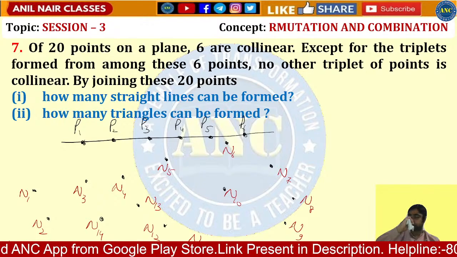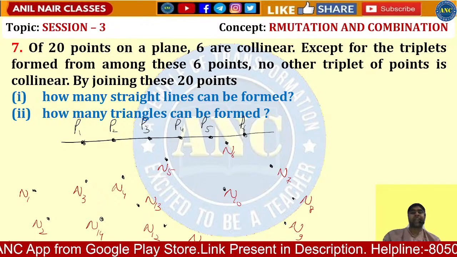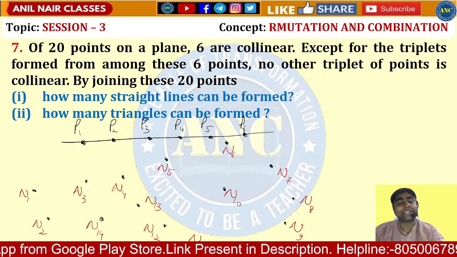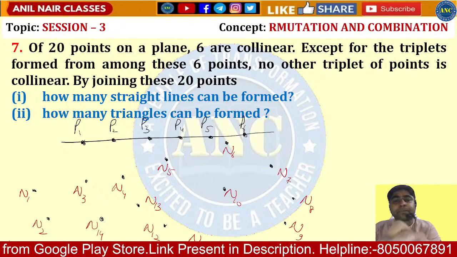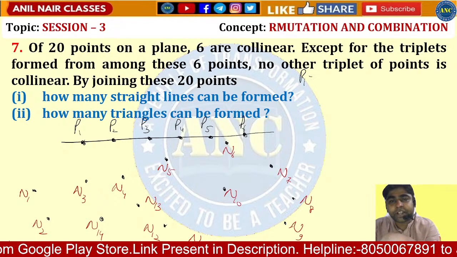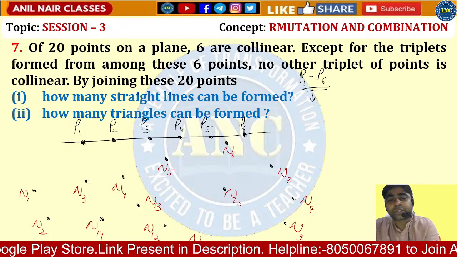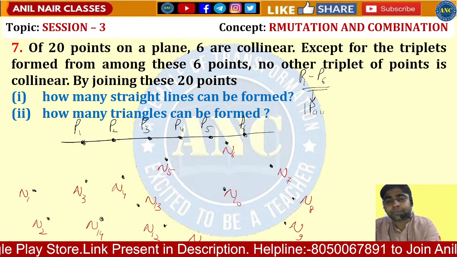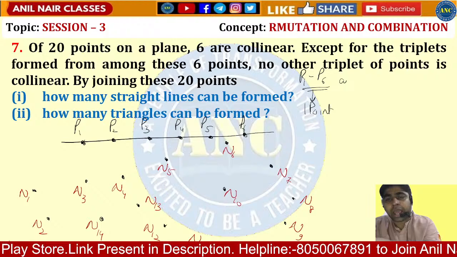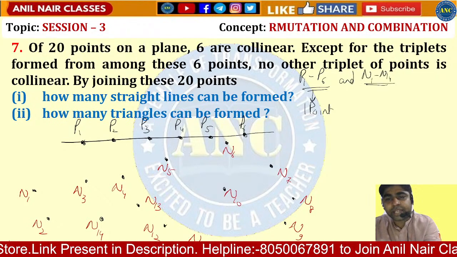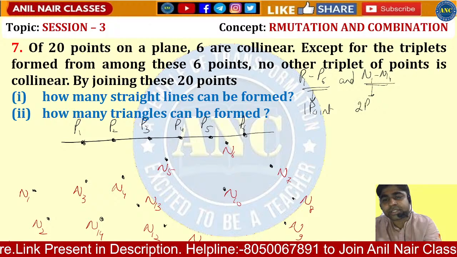Now, how many triangles can we form? To make a triangle, I need 3 points. So, if from P1 to P6, I choose 1 point, and from N1 to N14, I choose any 2 points,